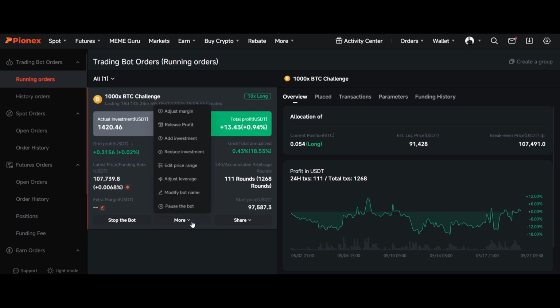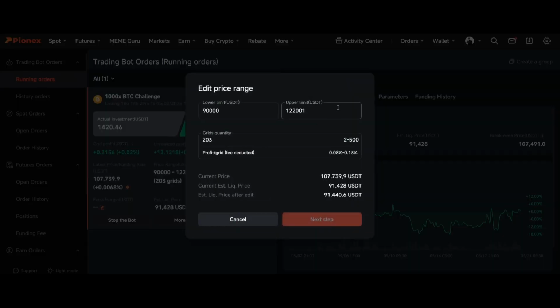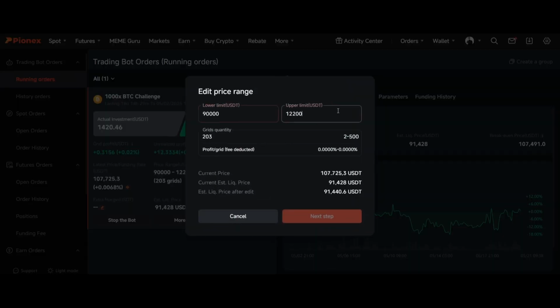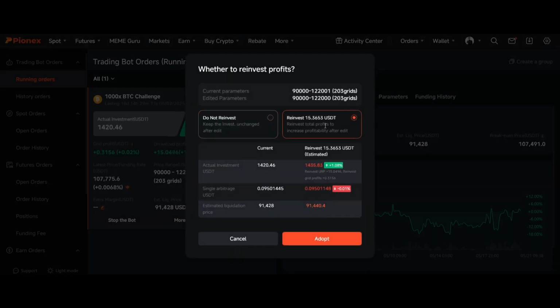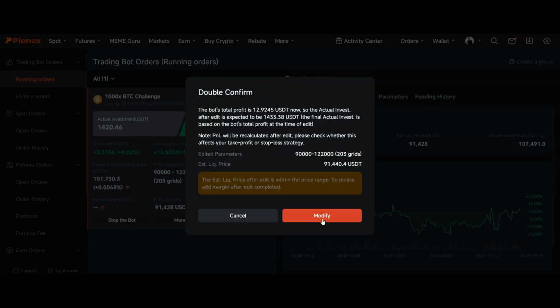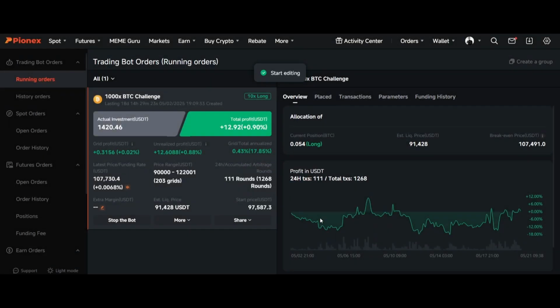Okay, so I click on more, I click on edit price range, and I just don't change anything. I just move the upper limit or lower limit by 1 USDT up or down, and this gives me the option to change the price range, but I just reinvest the profits. So it's 1%. We click on adopt, we click on modify, and you see that the actual investment increased and